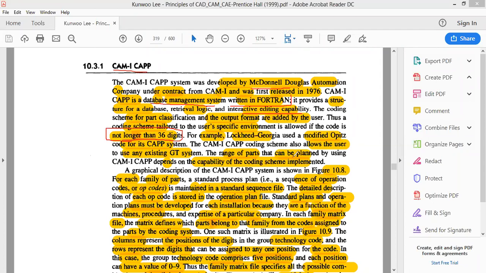Next, giving a detailed description of these things is called the operation plan file. So, how to manufacture this product? What is the raw material, and the sequence of operations? All these details have to be written in detail, prepared by using the software over here, and that is going to be the operations file.